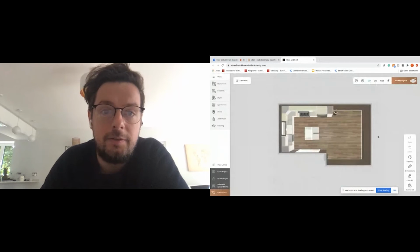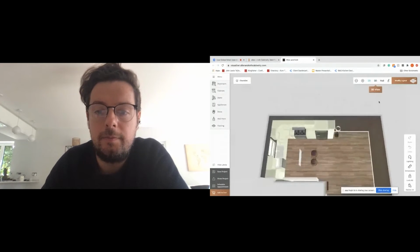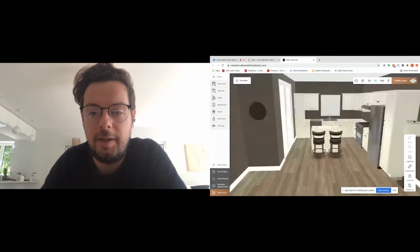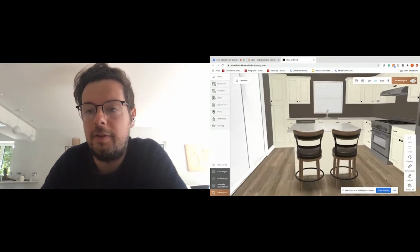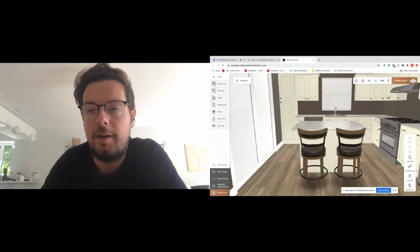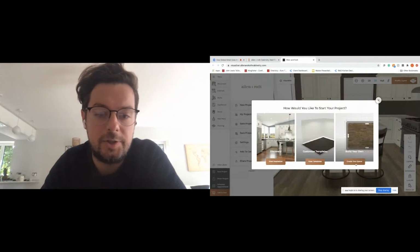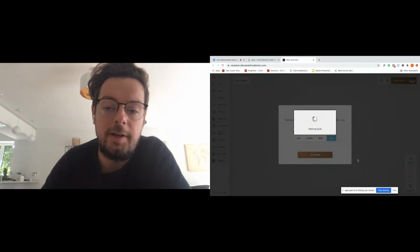Let's give that a second. There we are. And then we go into that kitchen. Oops, something there. You can get a real sense for the look of this kitchen. Like, yeah, okay, I like that one. But this time I'm going to start from scratch and design